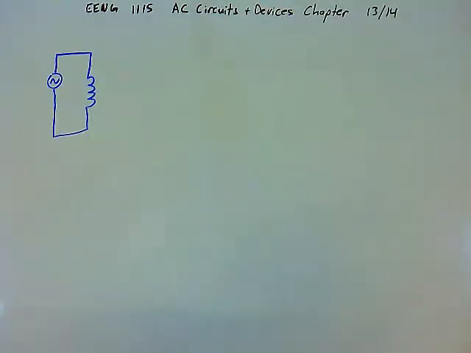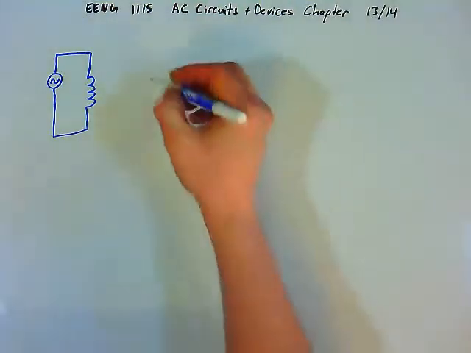Now let's consider what might happen if we have an inductor in an AC circuit. And so for now, there's only an inductor in the circuit, there's no resistors. And I'm not even really interested yet in what the voltage value or the inductance value is. We just want to look at the characteristics of what happens when that inductor is in an AC circuit. And so first let's recall